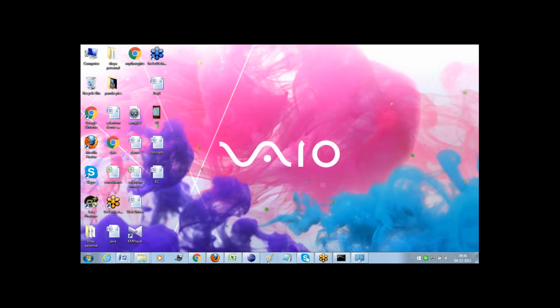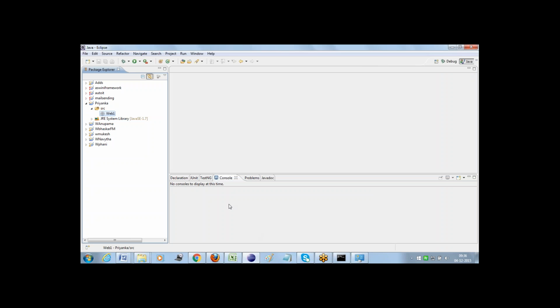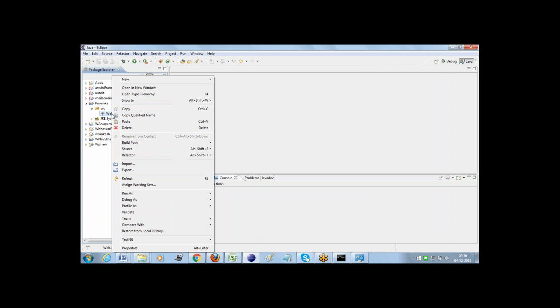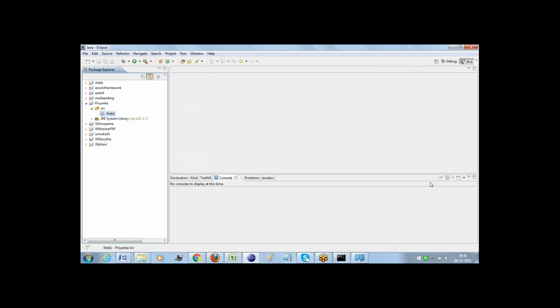Cool. Done. So now go to your Eclipse editor. Let's create a class now. In order to create a class, right click on a package. Yes, of course, we do have that, but we will be discussing how to create an object and all those things in further topics. That's fine.